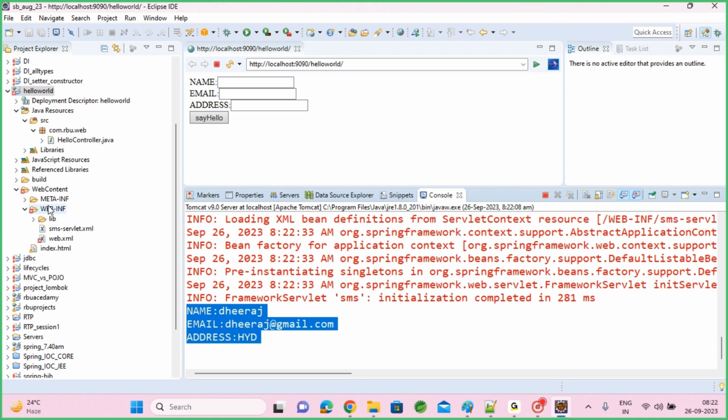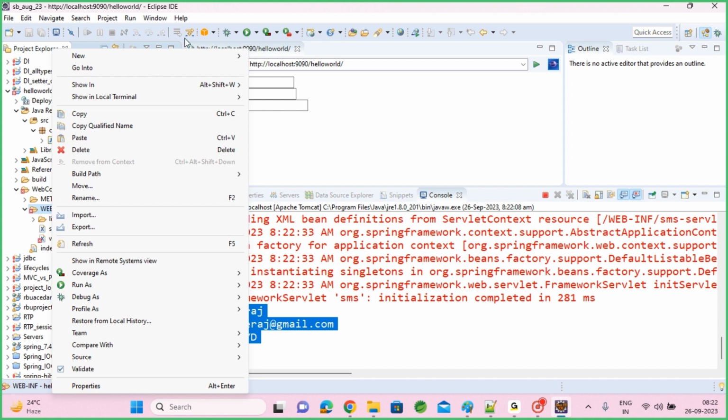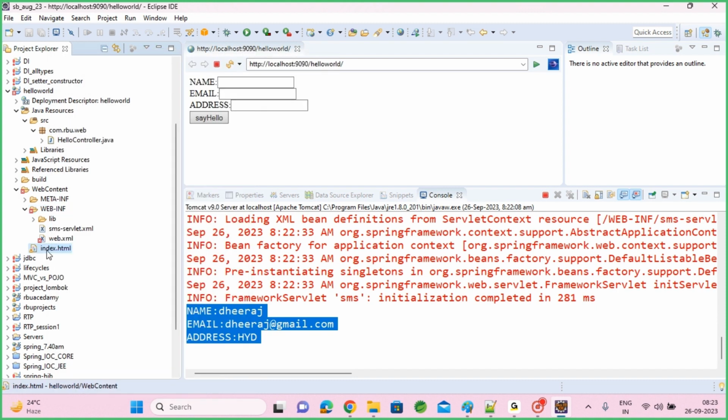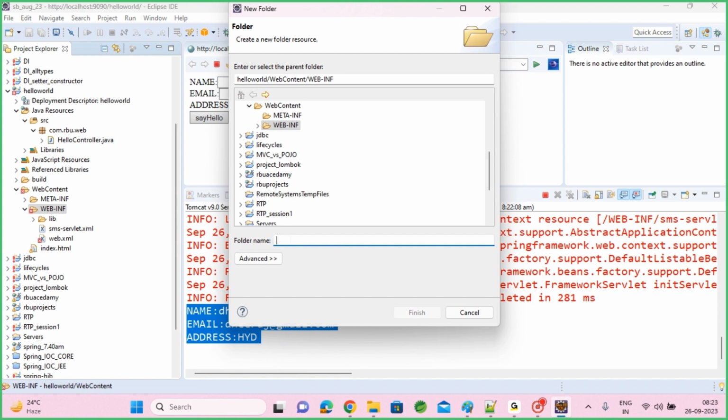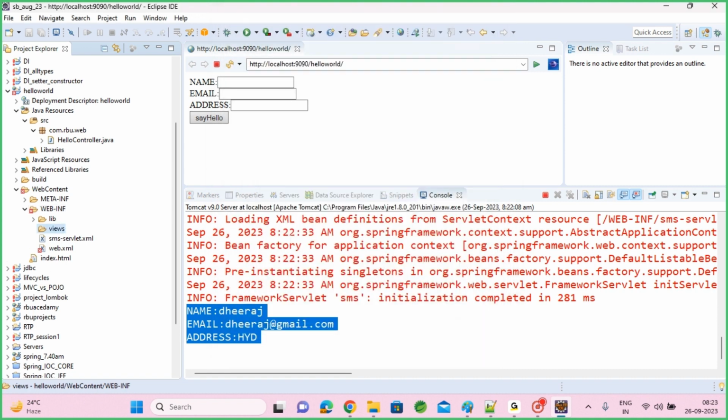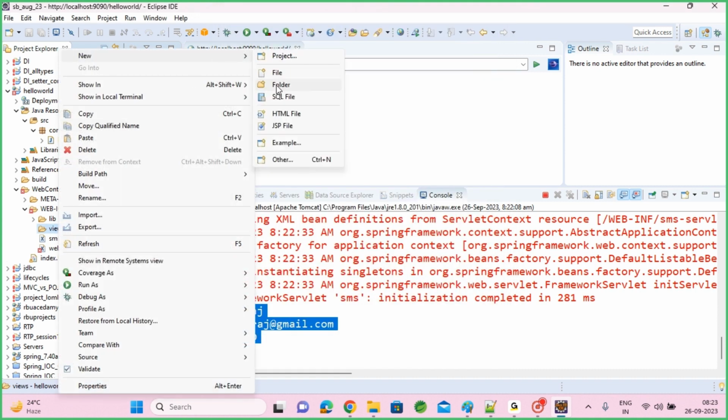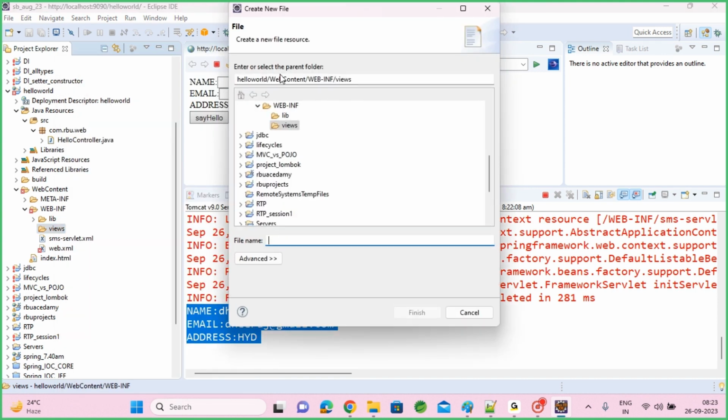So I want to have a response page here inside WebContent or inside WEB-INF. Usually we put only one file, the welcome file, in WebContent. All other views we put in WEB-INF so that nobody can access them directly. So I'm creating a views folder. Inside this views folder I'm creating one response JSP. You can use a simple HTML file or JSP. If it is a JSP, you can easily access Java code. If it is an HTML,